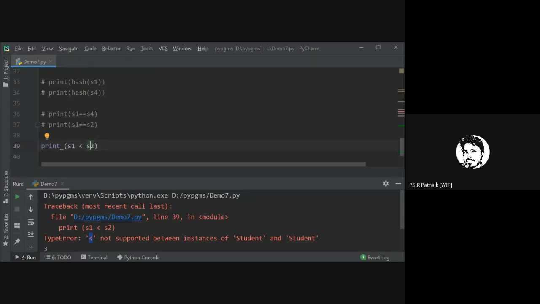The next question you will ask me is, sir, how to compare Darshan with Sumit? Should I compare them on height, weight, or how? That's the exact question Python is asking you. You have asked Python to compare student S1 with S2, so Python is saying, I don't know how to compare them, you have not told me.